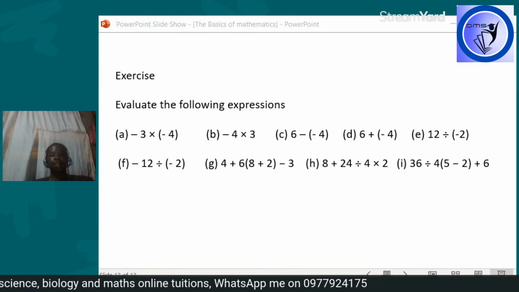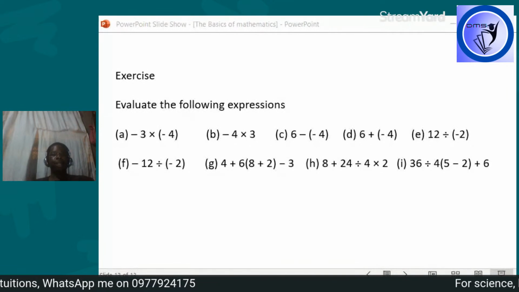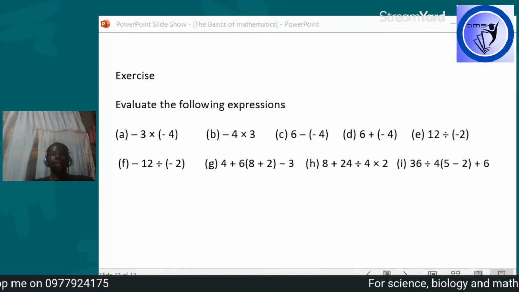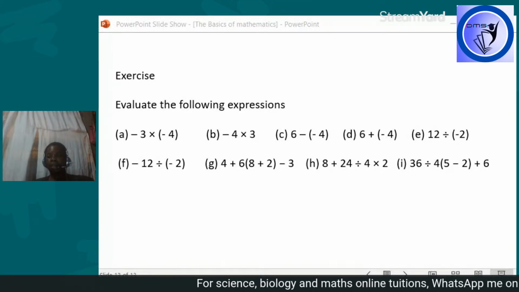So let's try just to see if we can manipulate this one, that one, so that